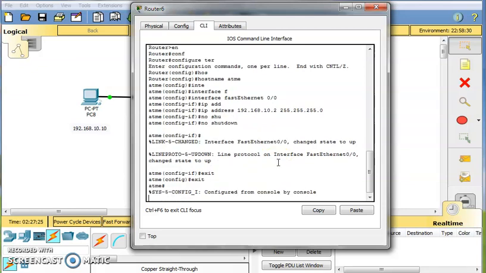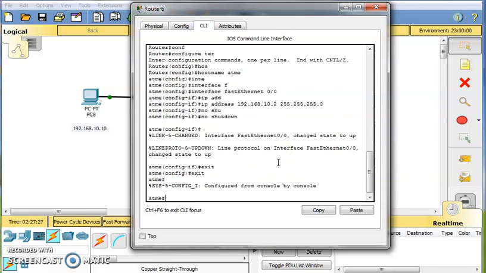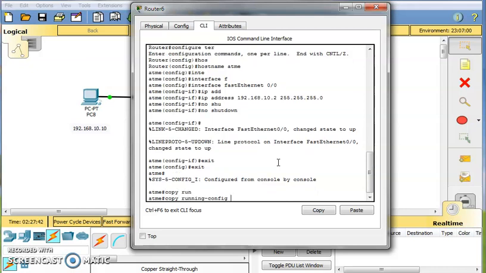You have to come into privileged mode. Command is copy running-config. The current configuration, that is the running configuration, is stored into TFTP.